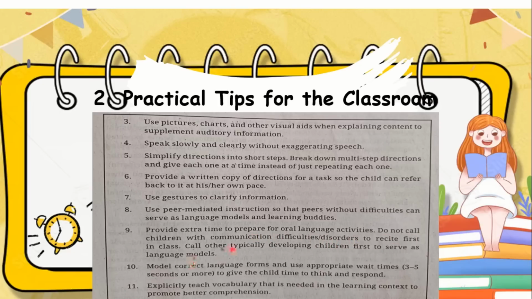Do not call children with communication difficulties or disorder to recite first in class. Call other typically developing children first to serve as language models. Model correct language forms and use appropriate wait times, 3 to 5 seconds or more, to give the child time to think and respond. Last is to explicitly teach vocabulary that is needed in the learning context to promote better